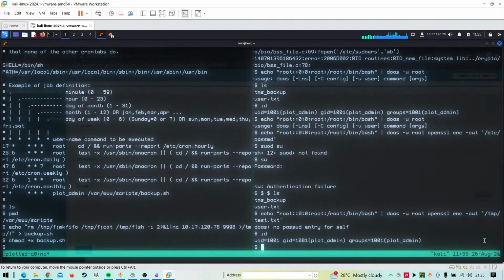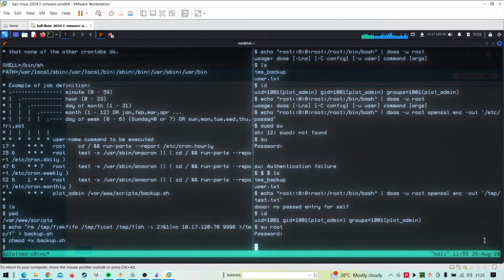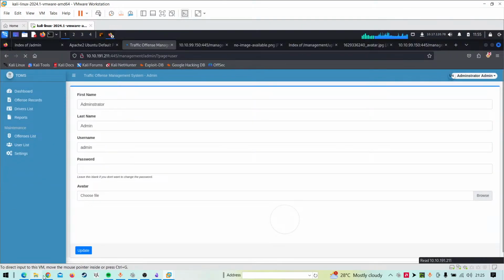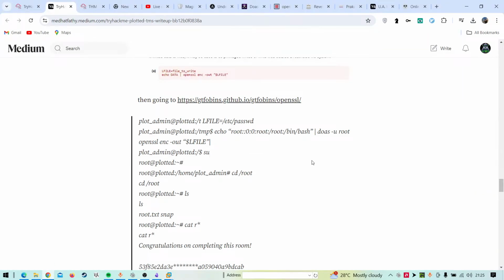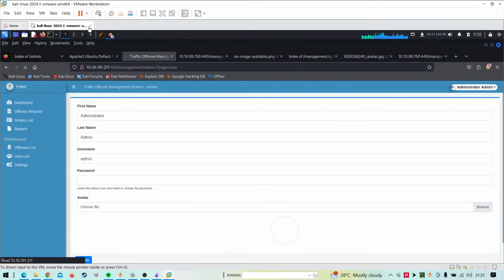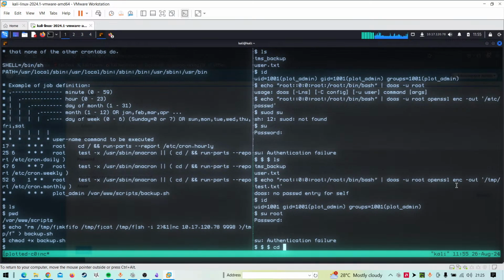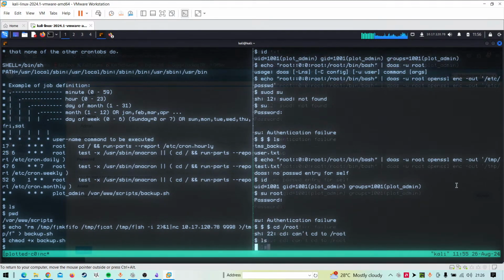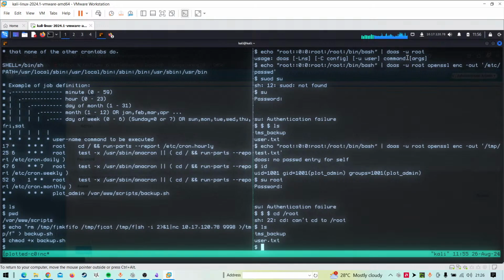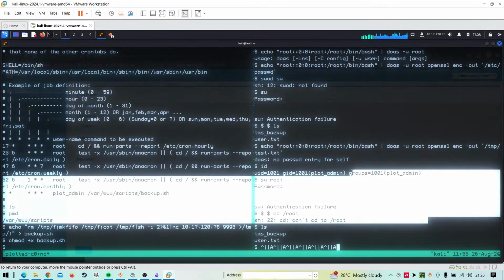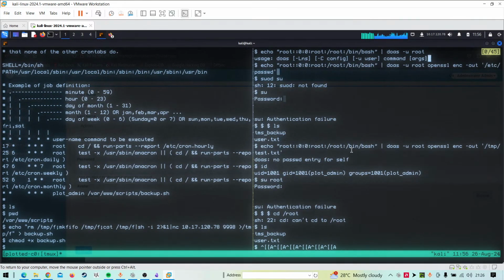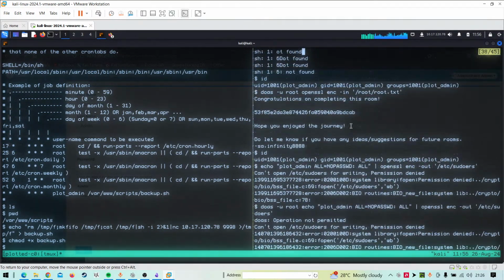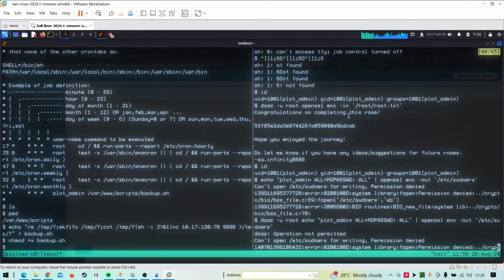Oh, I don't have a password for that. So what has he done? Could that be a reason that I am already a root user and I can access root? No. Okay. I'll just scroll up. Okay, nothing there too.